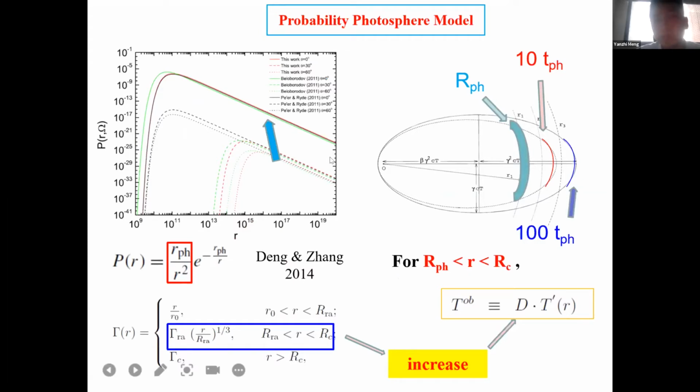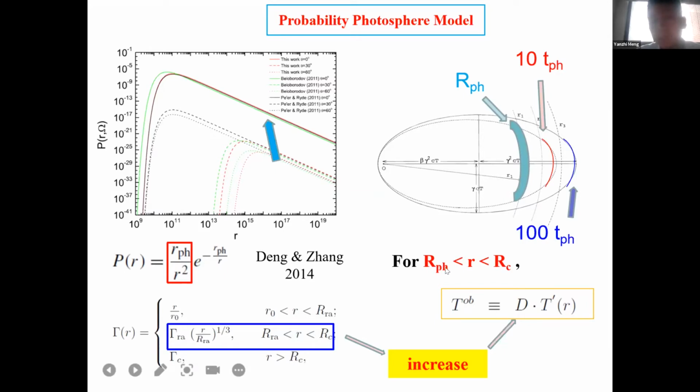In this slide, we just place this simply. In this probability photosphere model, when the precision is much larger than the photosphere radius, there are still a lot of photons that escape, as seen from the equation here. So in this hybrid jet,